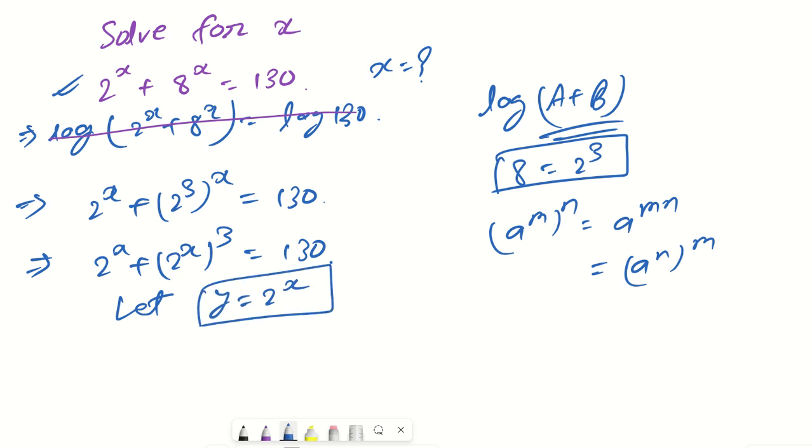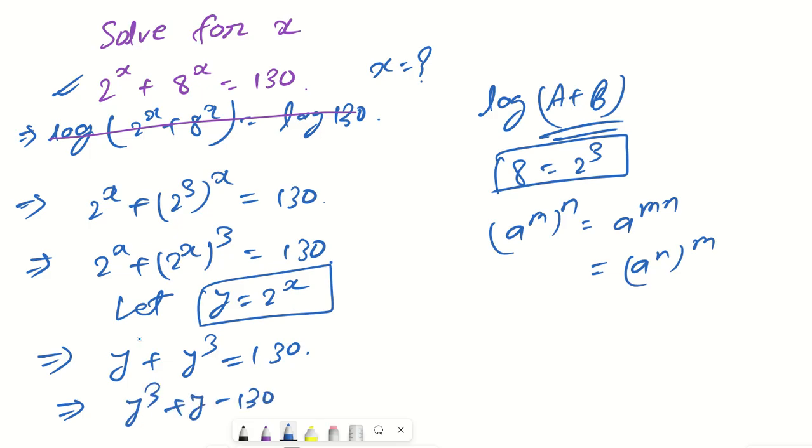So this is our equation, and from here we are going to solve the equation y plus y cube is equal to 130. Okay, so we have replaced 2 to the power x with y, and this is a very straightforward question. If I rearrange this, we are going to get y cube plus y minus 130